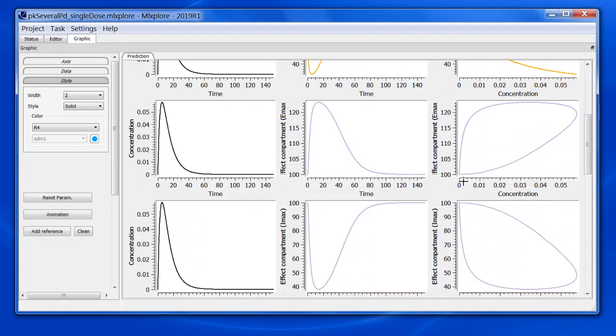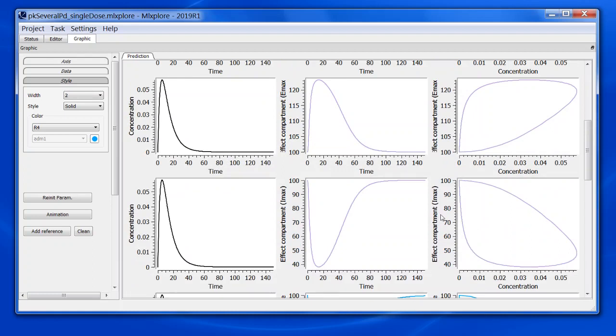Below in purple, I'm considering the case where it is a concentration in the effect compartment that drives the response. Because the transfer of the drug from the central to the effect compartment is not instantaneous, this induces a delay between the PK and the PD. And we can see this delay if we look at the maximal value, that here is pretty early, but later here in the PD.